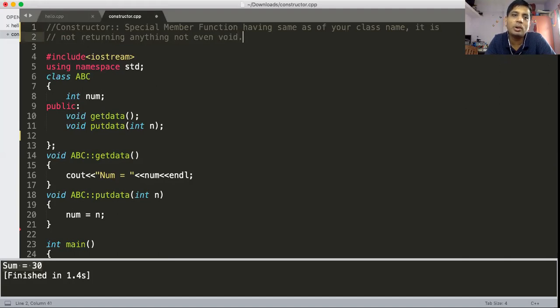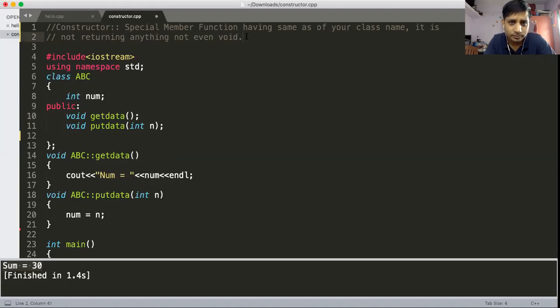Generally, if get data is not returning anything, we put void there. So no need to put void here. Only your class name and that's it. Your member function, that is your constructor function, is ready to use.